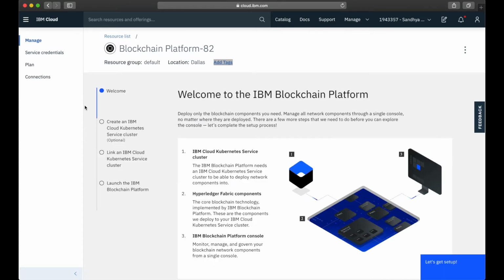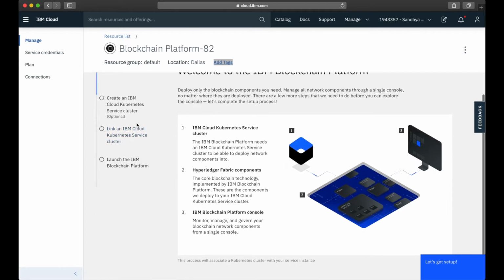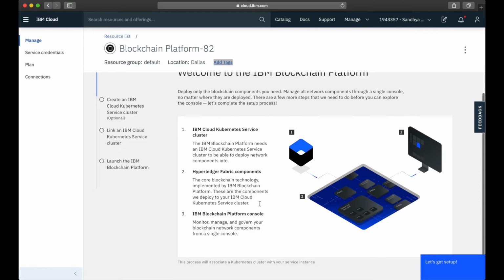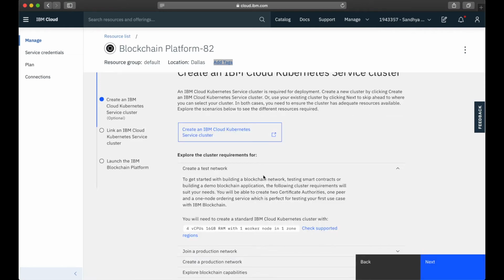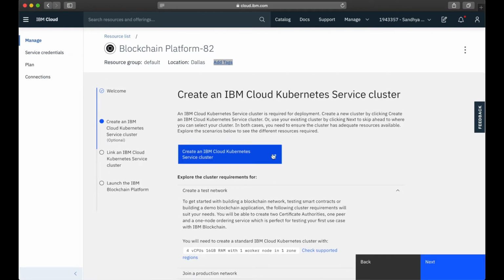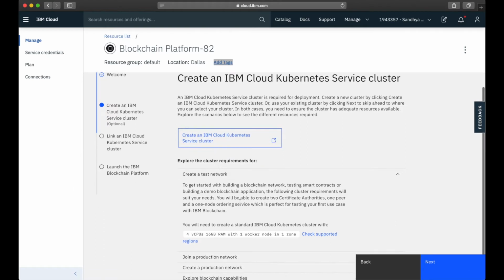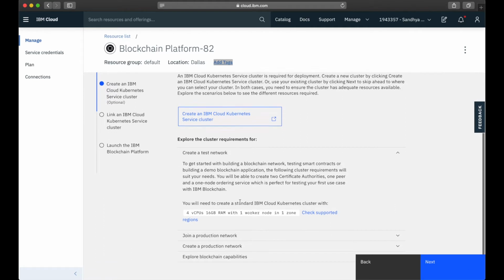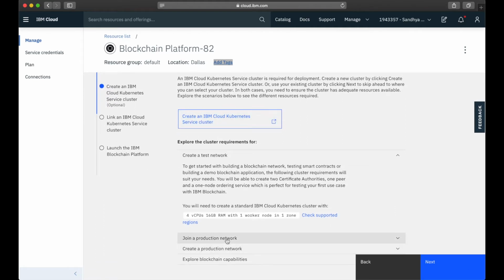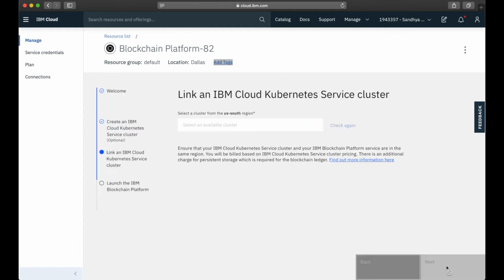So when this is being created, it walks you through a couple of steps. And let's see. So it says welcome. Let's click on let's get set up. And it says create an IBM Cloud Kubernetes Service Cluster. Now we already have one created, right? So we don't need to create this. We could just connect to an existing one. So let's move on to the next stage, which is link in IBM Cloud Kubernetes Service Cluster, and click on